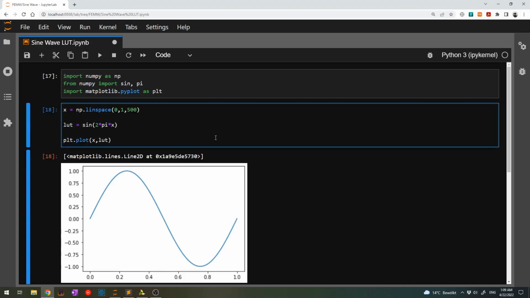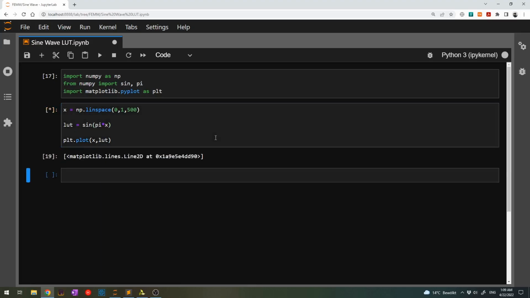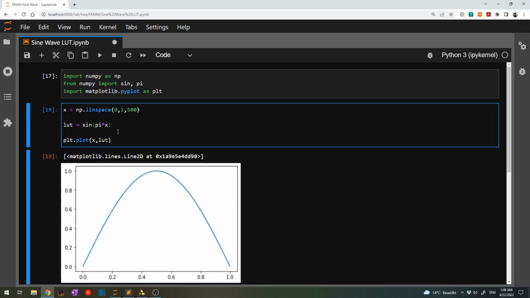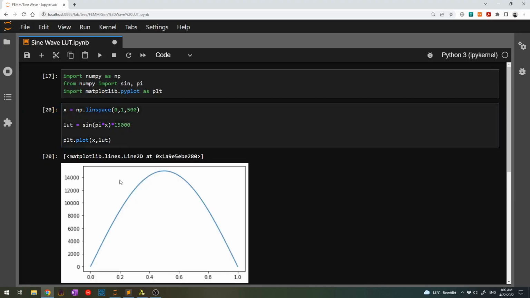Instead of 2 pi here I will minimize it to pi, and first of all I will multiply it by 15,000, so let's make it between 0 and 15,000. And another point is I also want to shift it up, so it's going to be from 15,000 over 2 to 15,000, and then we'll make it